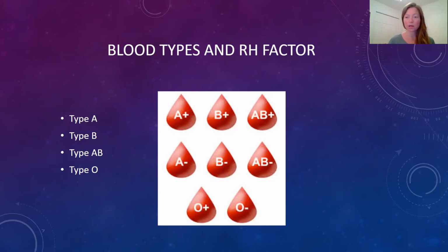And then, of course, we think about this when we think about moms and babies. If an Rh negative female has a baby with an Rh positive male, there's a 50-50 chance that the fetus will be Rh positive. After birth, when the Rh positive blood of the fetus mixes with the Rh negative blood of the mom, the mom develops antibodies. The first Rh positive baby doesn't usually have any issues. But if the mom conceives a second Rh positive baby, that baby's blood will be attacked by the mom's antibodies right away,